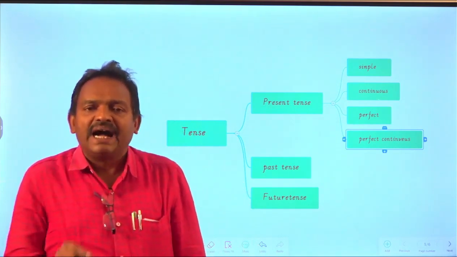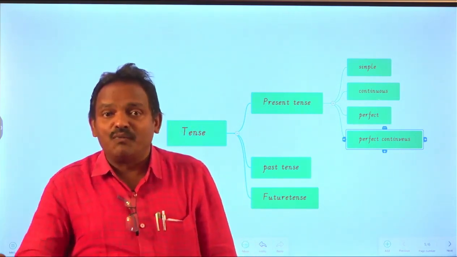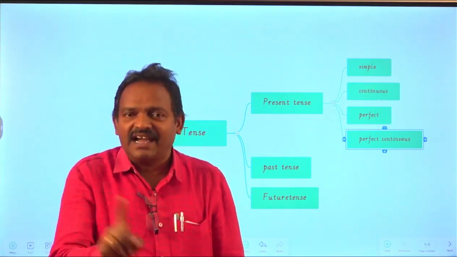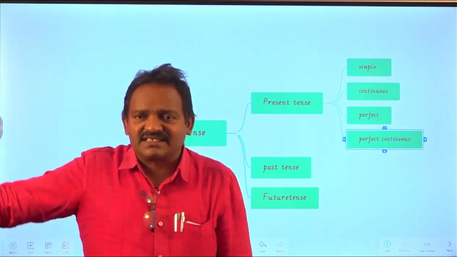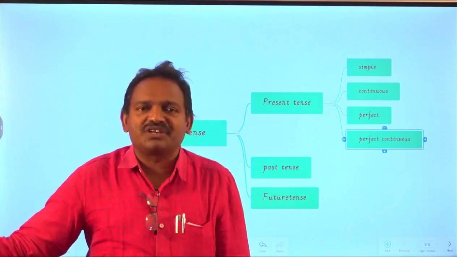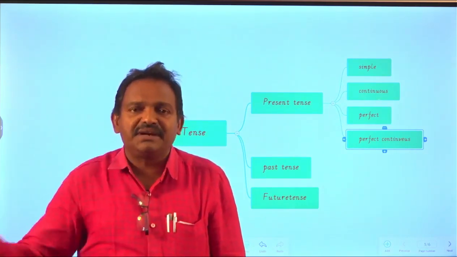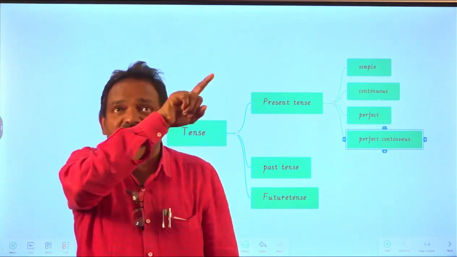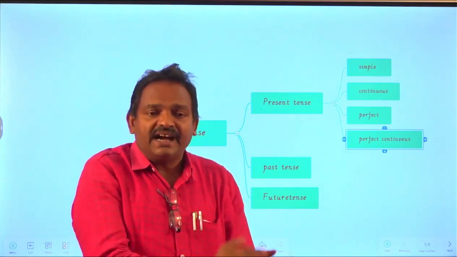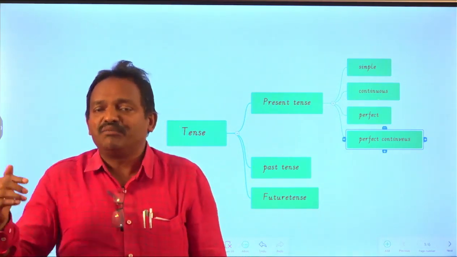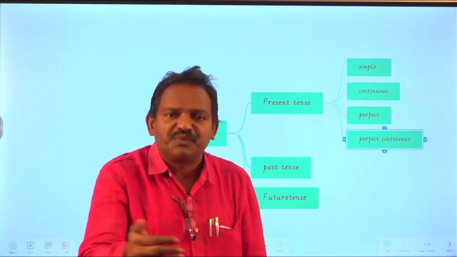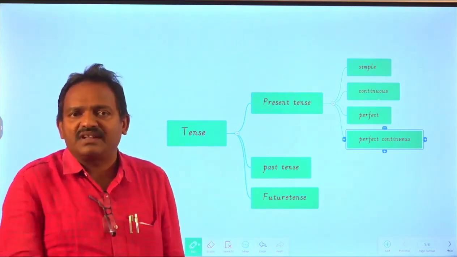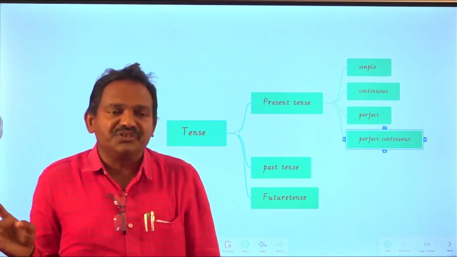These are all the clues of present perfect tense. For example, I have completed my homework just now. I have completed: have plus V3. Why? Because just now is there. Whenever in the examination the student identifies just now in the question paper, then automatically the sentence is in the present perfect tense. Then immediately his mind flashes the structure of present perfect tense. So I use have: I have completed my homework just now. She has posted a letter just before. Likewise, these are the examples.